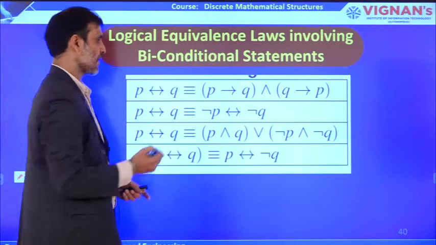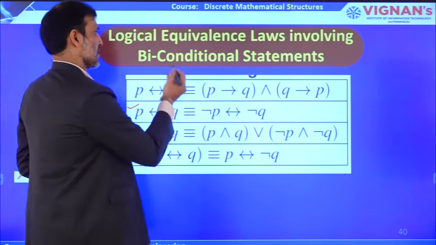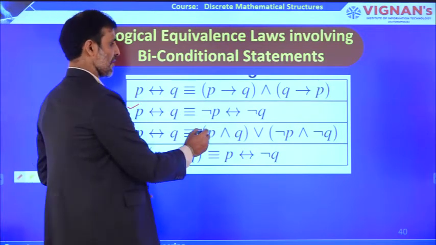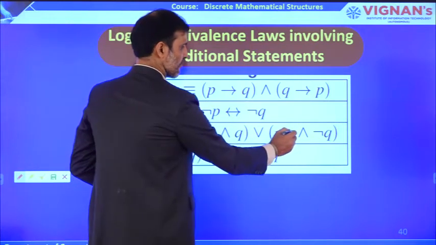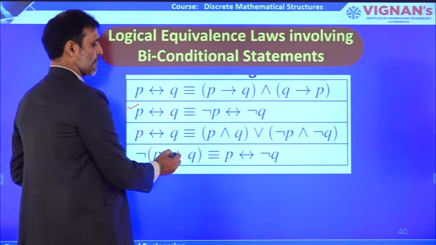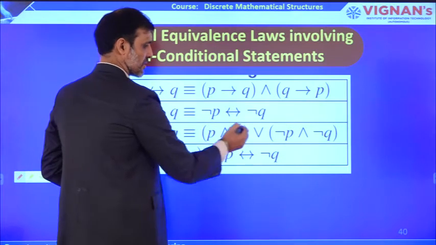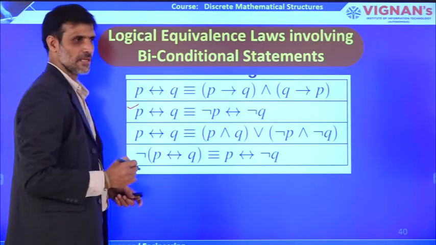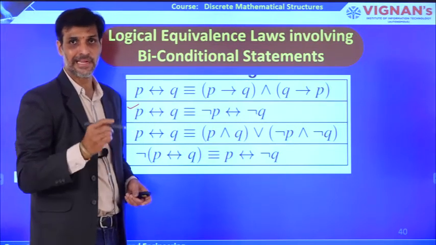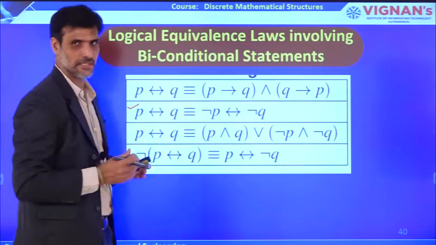Just now we discussed. In a similar way, what is the inverse of the biconditional statement? Similarly, P implies and implied by Q is logically equivalent to (P and Q) or (negation of P and negation of Q). So negation of P implies and implied by Q is logically equivalent to P implies and implied by negation Q. So all these laws are very very important, once again I am telling, and we need to remember at least the basic laws. By using that, no need to remember all these laws.